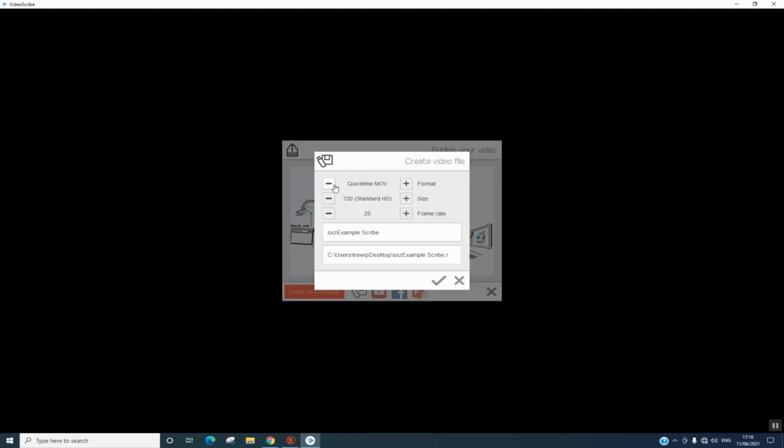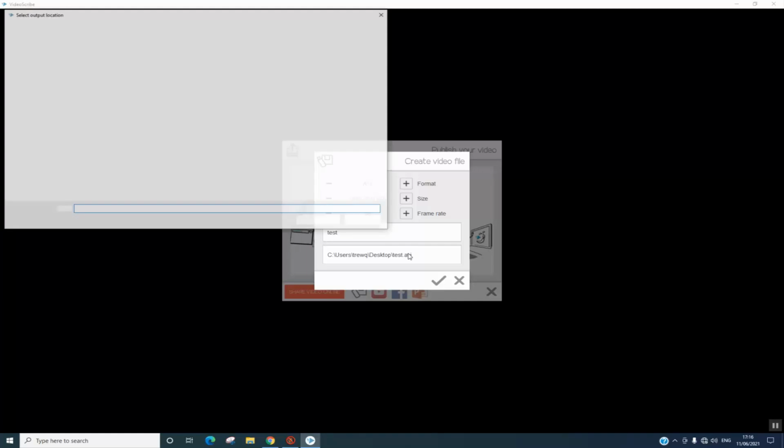and here you have different options. By clicking on the minus, you can change the format of your video from a sequence of JPG pictures to PNG sequence to this option also. But personally, I choose Windows WMV or the previous one. Next, we will raise the size to 1080 to have full HD, and frame rate you can increase it for better rendering. You can rename your file,